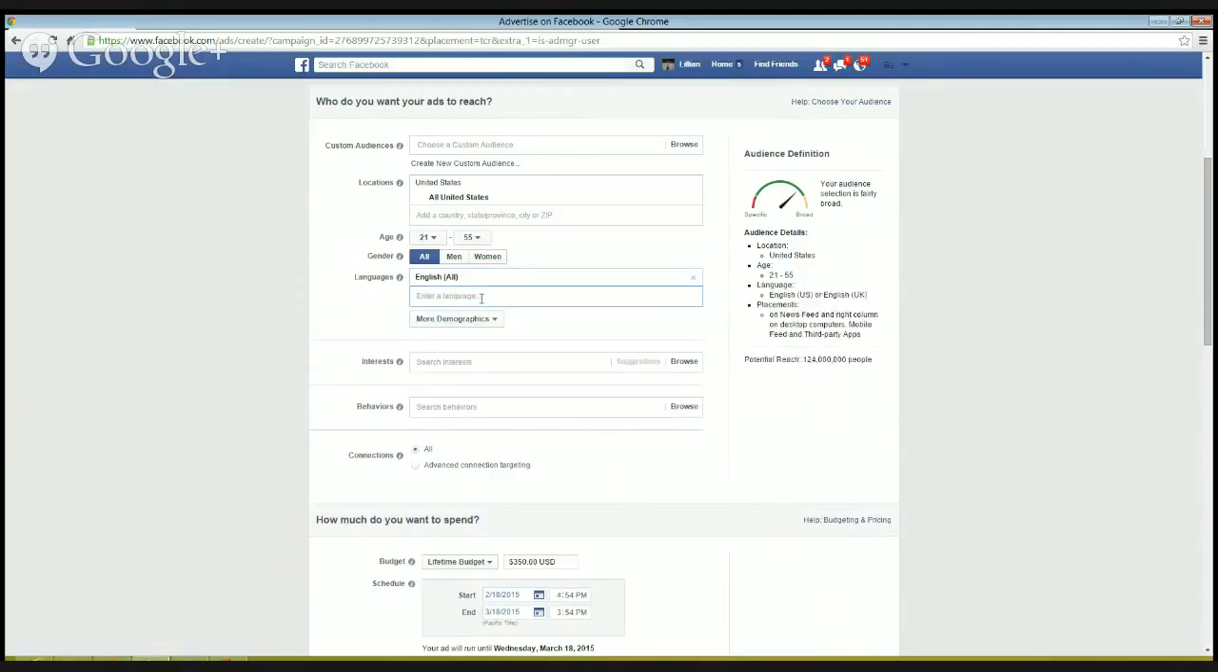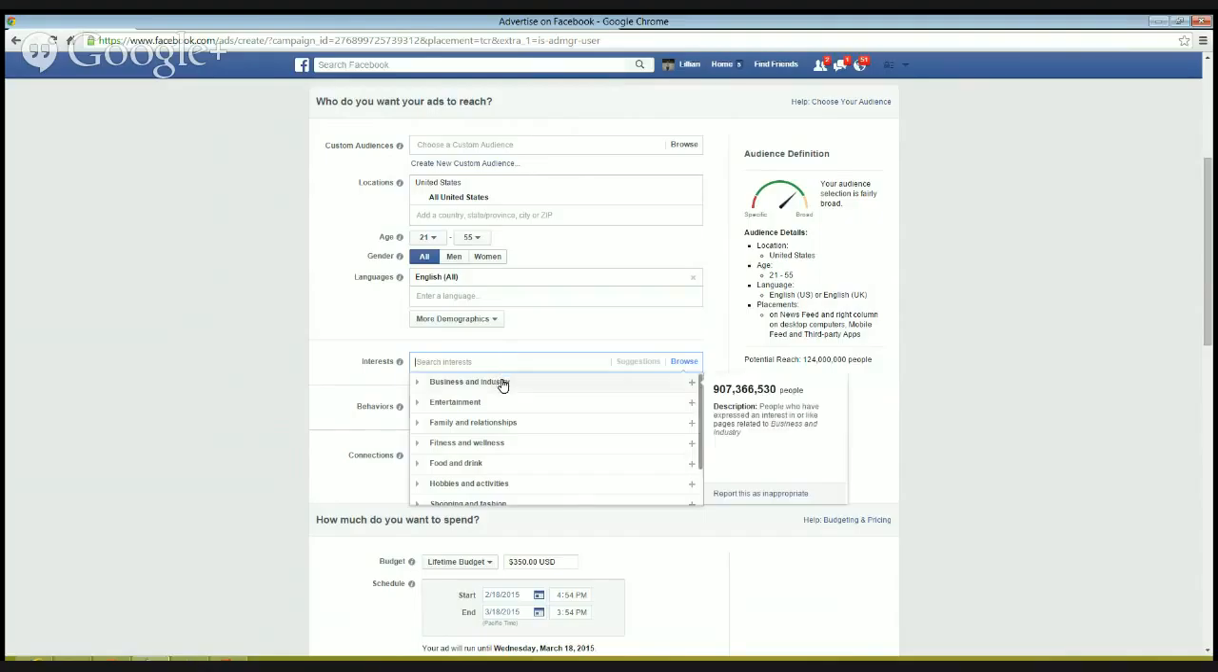Okay. And when you come down to interest, this is where you really can target your audience, because you can choose different audiences. Now you can choose, in addition to these selections that they have right here, business and industry, entertainment, family and relationships. I believe you can still choose specific people, like